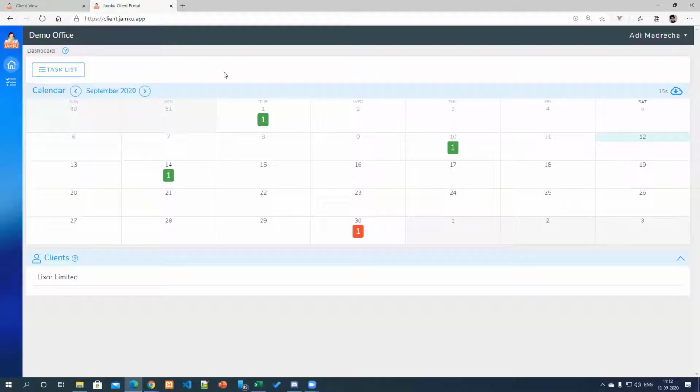He can even mark whether those documents have been submitted and all those details. So those are the things which are coming up. We plan to have even payment details available here. So we'll be showing your bank details, the QR code, so clients can just scan and make the payment and all those things. So those are planned for the future.